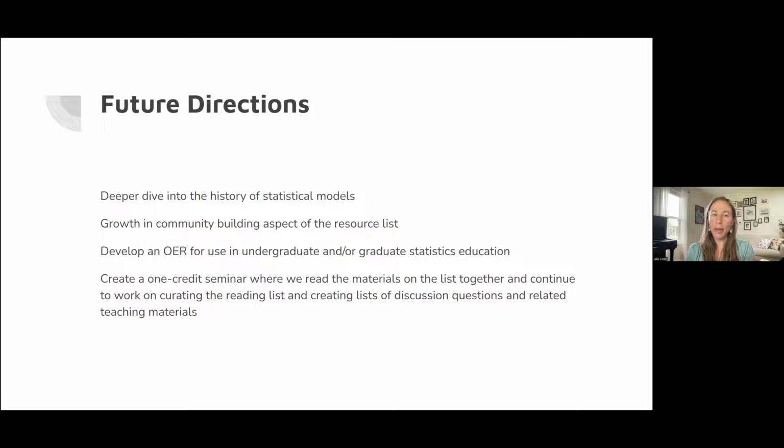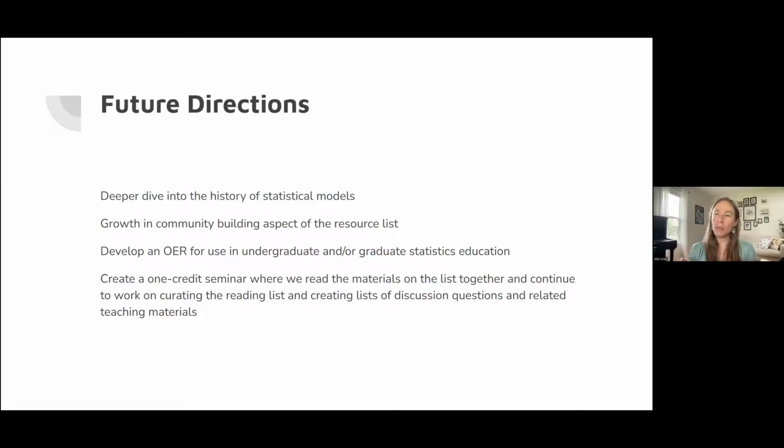We also talked about developing an OER, which is new to me, but I'm really excited about learning about this type of resource. The types of things we're talking about here, basically integrating social justice issues and the idea of authority as constructed into statistics education, is something that we don't feel like there are really resources around, like specifically, here's what you would do, here's how you do this, here are discussion questions, here's reading or whatever.